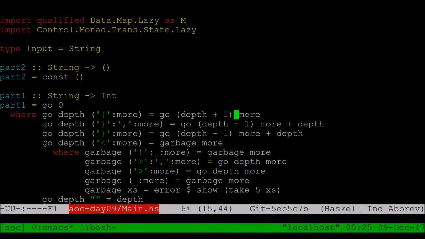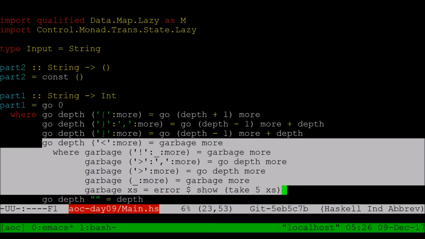We're tracking our depth. Every time we encounter a left curly, we add 1 to our depth, and then continue parsing. Every time we go up a level, we remove the comma if there is one, and decrease our depth by 1, but give ourselves a point for our depth. So that's pretty much how we do that, but then there's all this garbage that we have to ignore. And so this function just